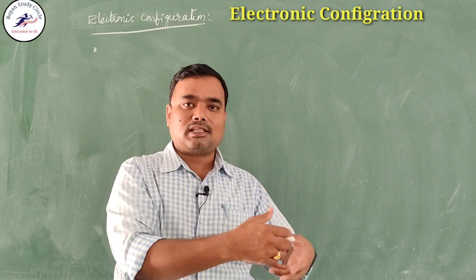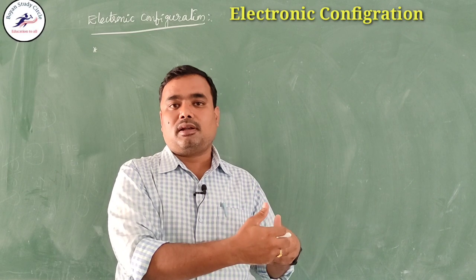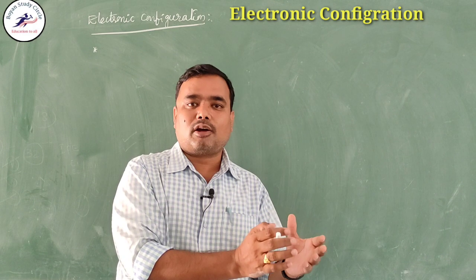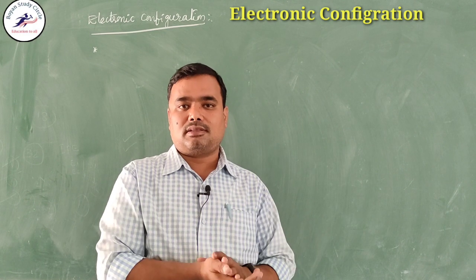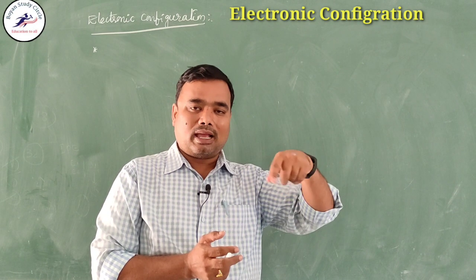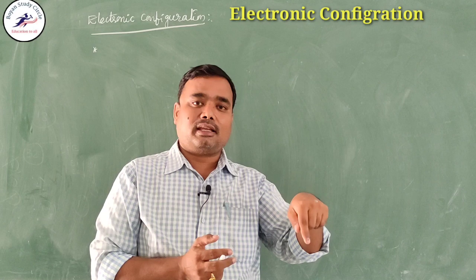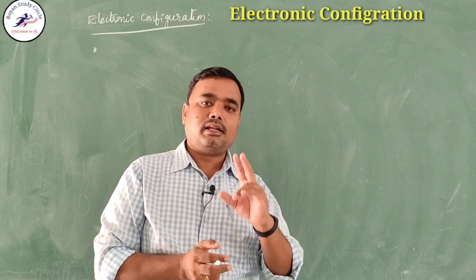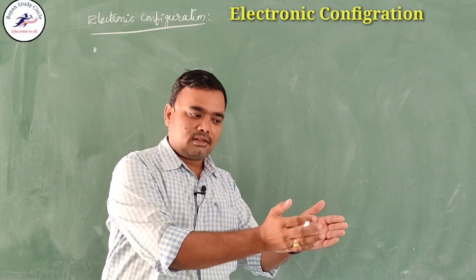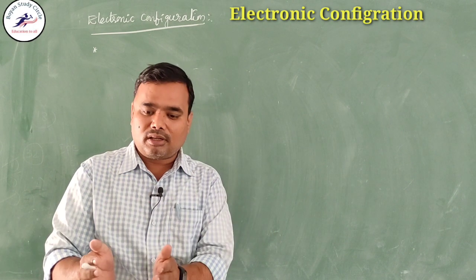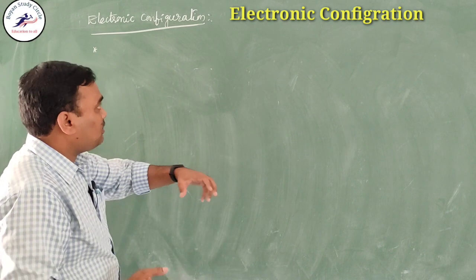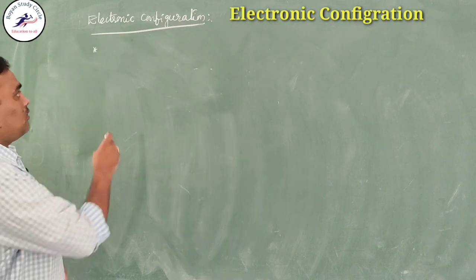The fourth quantum number, the spin quantum number, says that in any orbital 2 electrons can be accommodated with anti-parallel spins. That means one is spinning clockwise and the other anti-clockwise. So now you came to know that there are main shells, subshells, orbitals, and in each orbital 2 electrons can be accommodated. Based on that knowledge, what is electronic configuration?